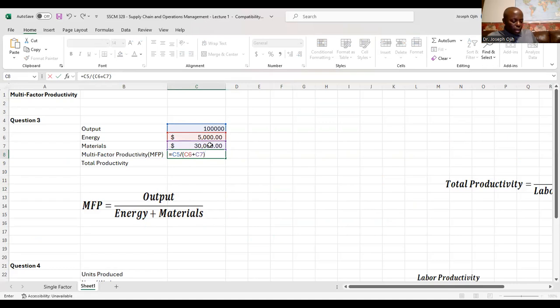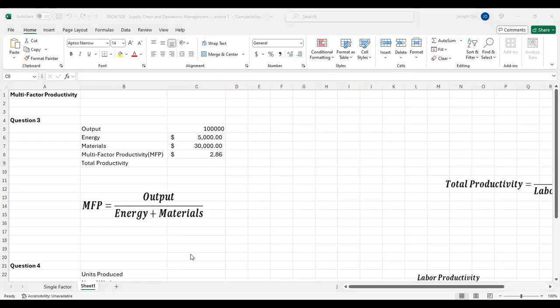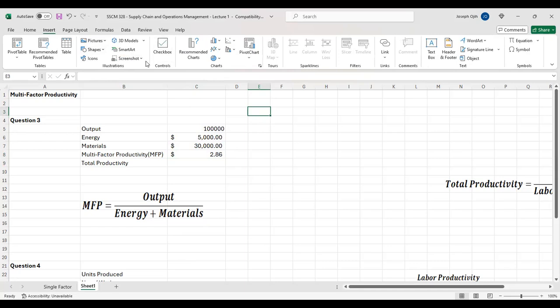Output over energy plus materials gives us 2.86. And then what does this mean for us? Once you calculate it, let me type the meaning right here so you can see it. But basically, what it means is that